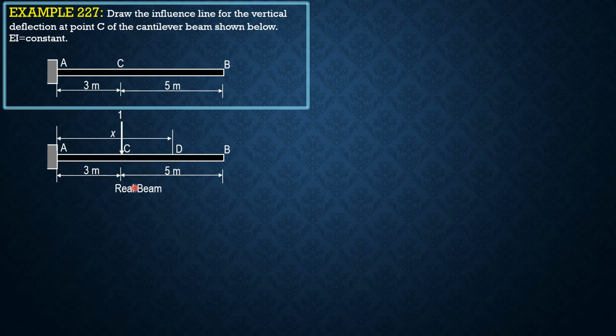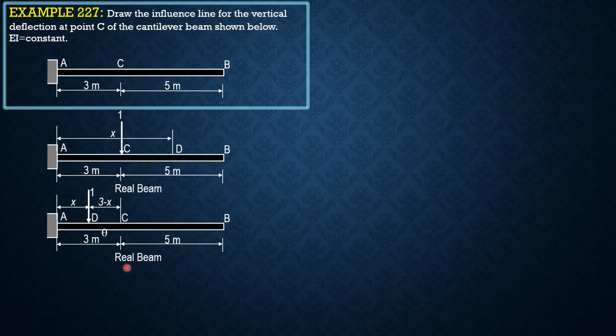So this is the real beam. Now the loading is at C. So we make this as our moment center, point A, and D will be in this position or before C. So let's have the load before C first. Remember, D is arbitrary. So this is x, this is 3 minus x, and the deflected shape would look as shown,